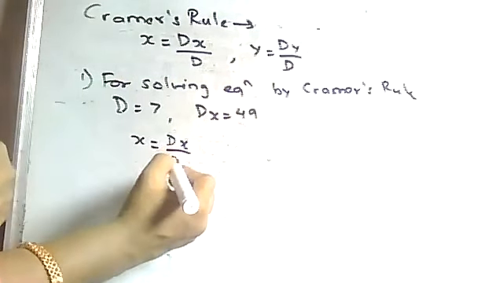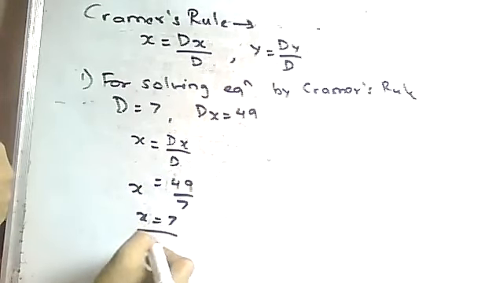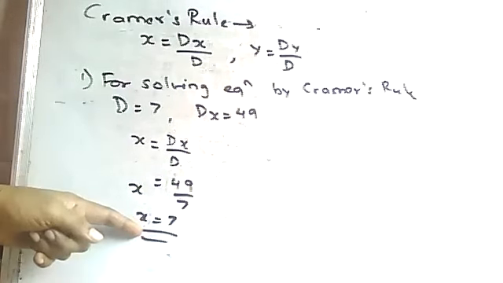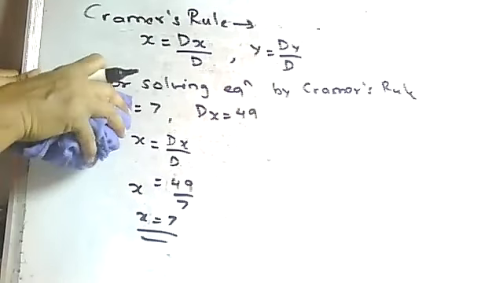Dx upon d, so 49 upon 7. Once you know the formula very well, you can follow the shortcut also. So x is equal to 7. You can solve it easily. They may give you